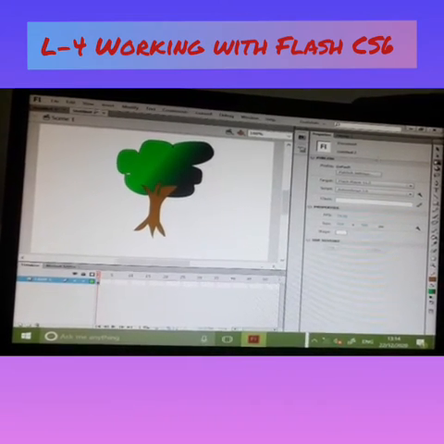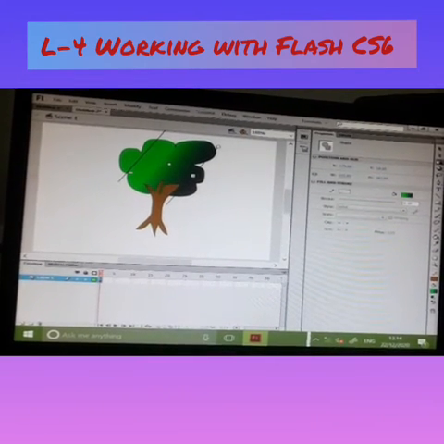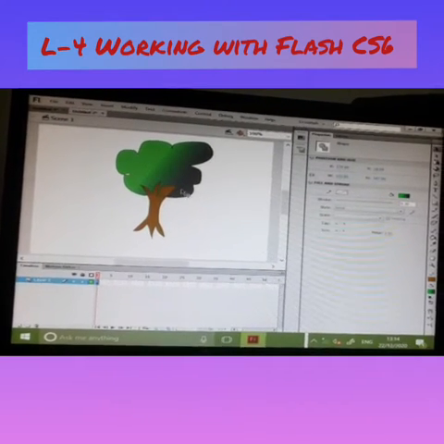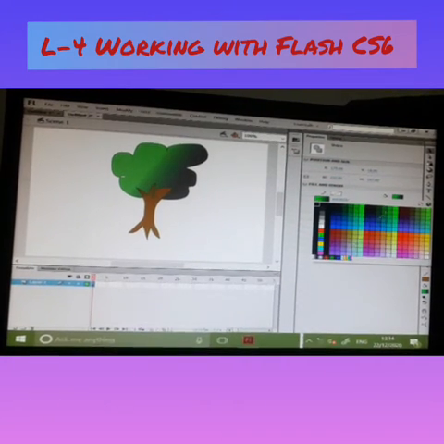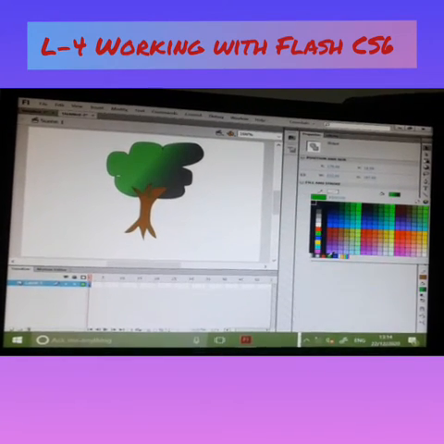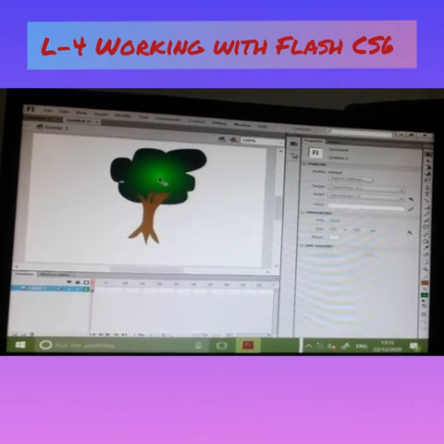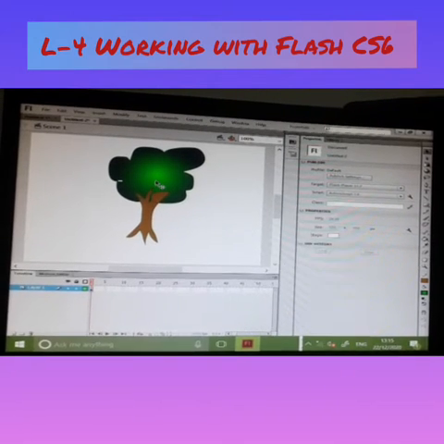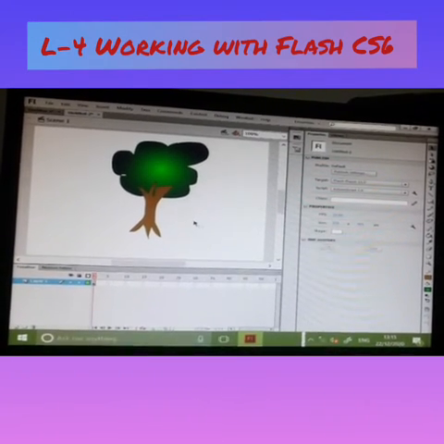To do this, firstly you have to apply the radial gradient effect. For this, click on selection tool to select your object. Then come on fill color tool and click on radial gradient. Look here, radial means centralize. Your shading effect starts from your center point. Okay. So by centralizing, your shading will be visible here. You can see it here.